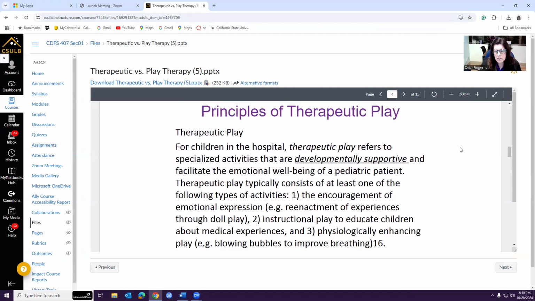Therapeutic play is generally what we are able to do in the hospital. It's short term, where play therapy is more long term. Play therapy is a minimum of 23 weeks of appointments, and those are for more